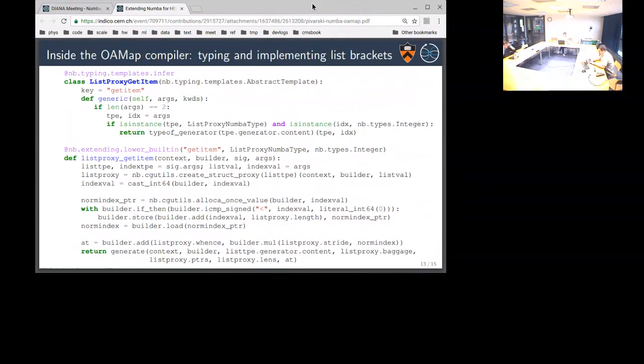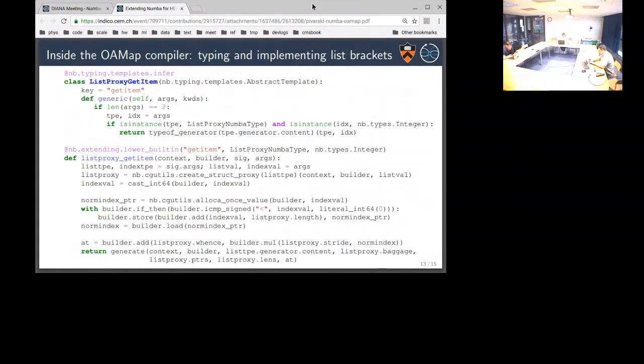In this case, the first stanza of that second function is just loading some data, getting it into some useful form. The second stanza is implementing the Python negative indices. And you have to do this by allocating space on the stack, doing an if-then with a LLVM instruction, adding some stuff and then pulling the result off of the stack.